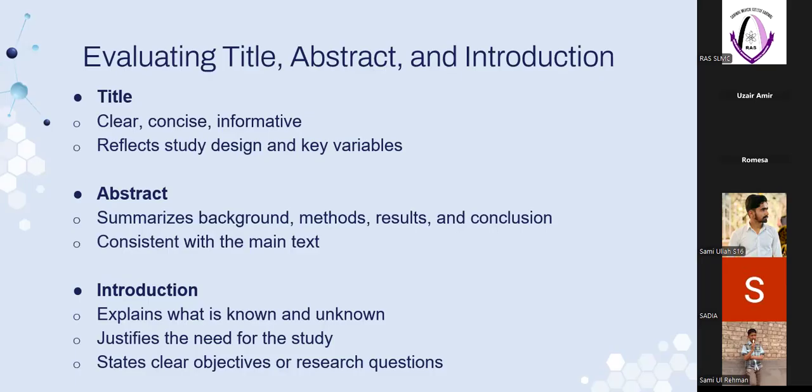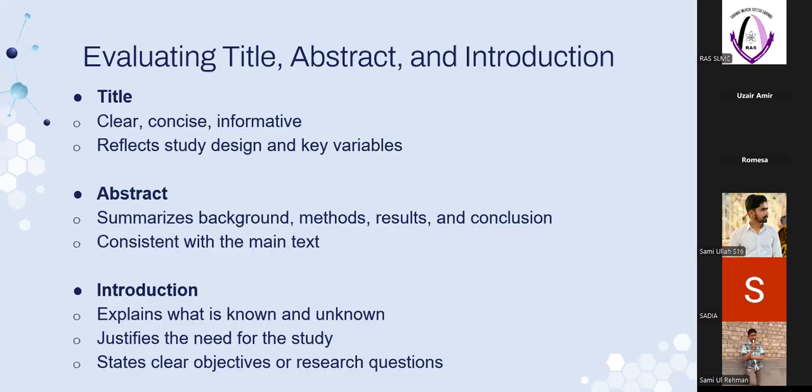So when I am observing a research article, what is the first thing I see? Obviously, the title of the research article. So being a good or aspiring researcher, I must understand what a good title looks like and what a bad title looks like, so I can evaluate the article right at the start. So what does a good title sound like? Basically, it should be clear, specific, and descriptive.